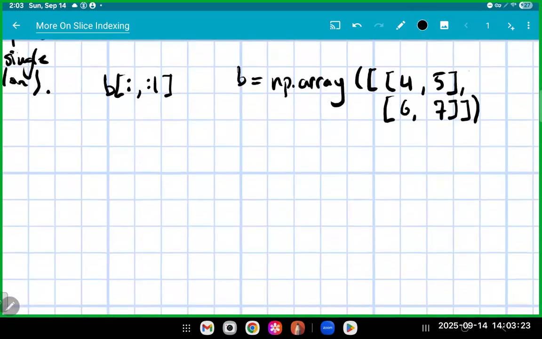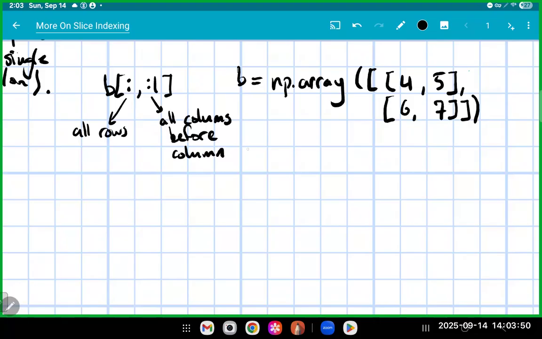And I'll assume you're thinking about it. And if you've unpaused, I'll just give you the answer here. This is all rows, all columns before column index 1. And I realize I'm not being entirely consistent with how I'm describing this, but that's part of